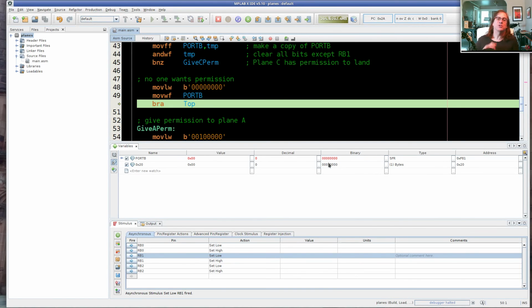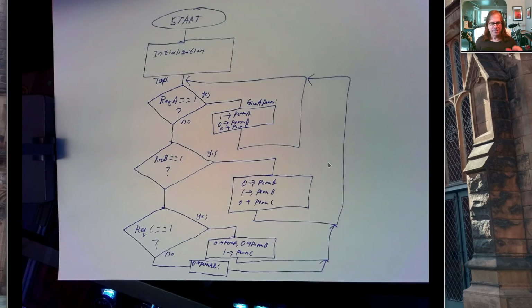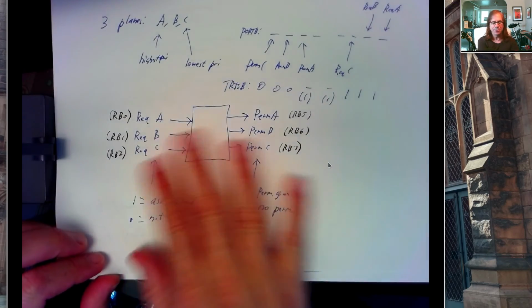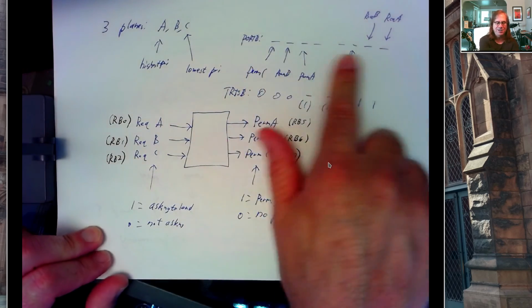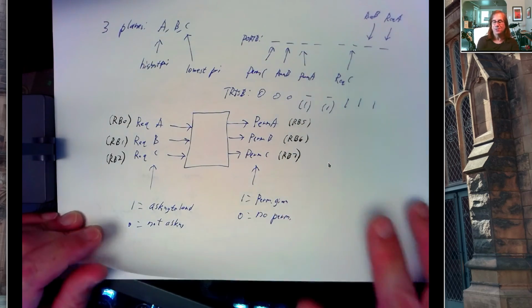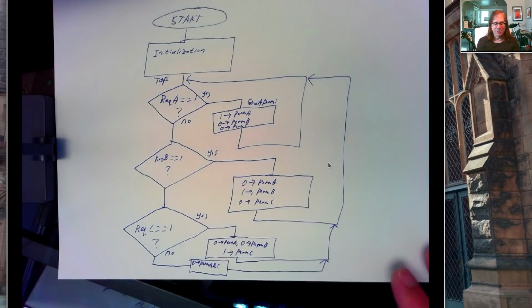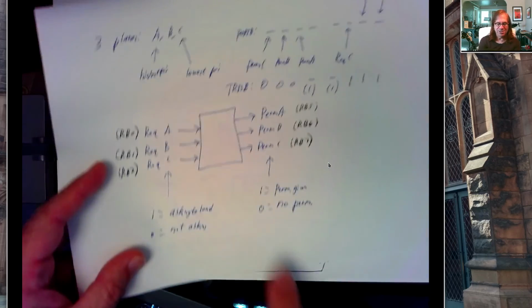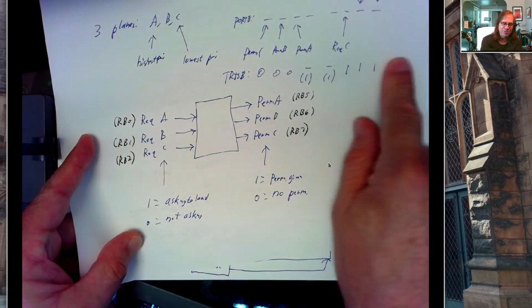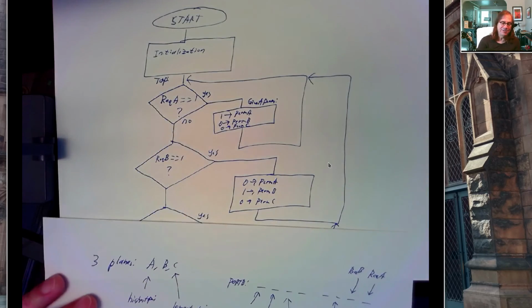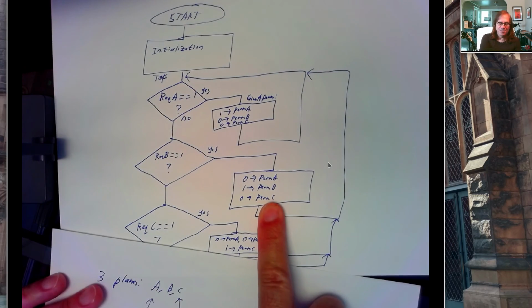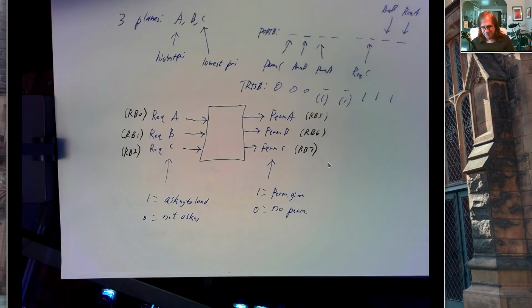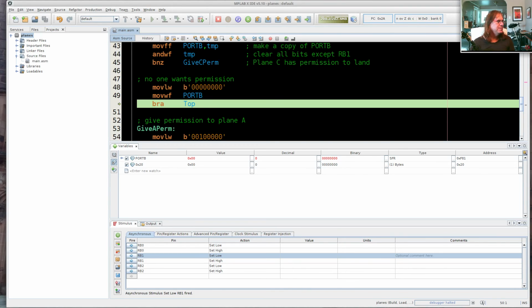So this is working now, right? And we started with a high-level view of inputs and outputs, a system diagram. We use that to figure out what our port looks like, which we came back to multiple times, and then we made a flow chart, right? The flow chart doesn't deal with any of this or TRIS or anything like that. It's high level. Do some initialization. See if A is requesting, see if B is requesting, give permission to B, and so on and so forth. And then the last thing would be,